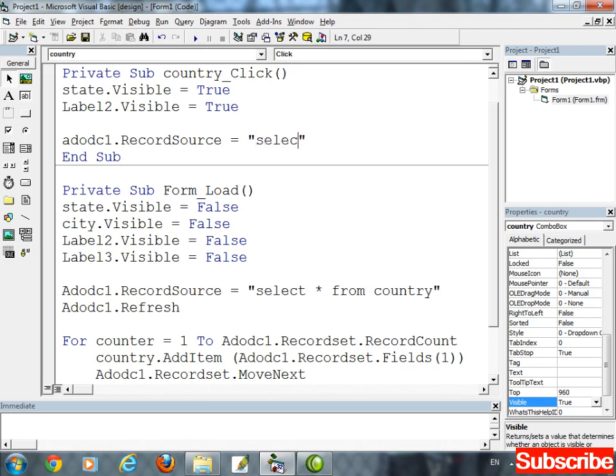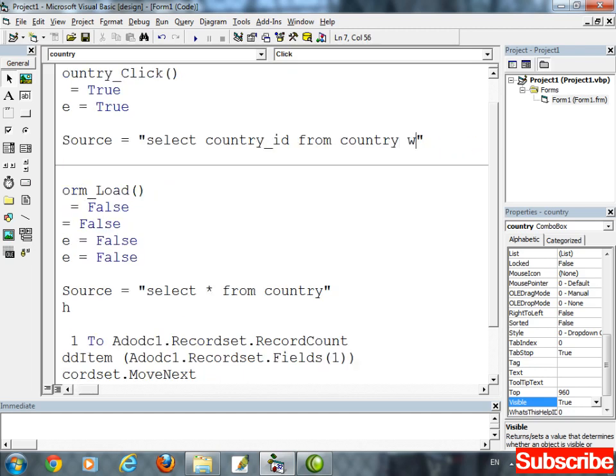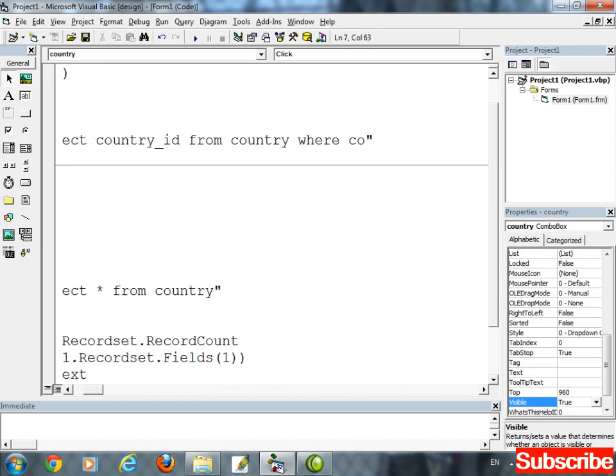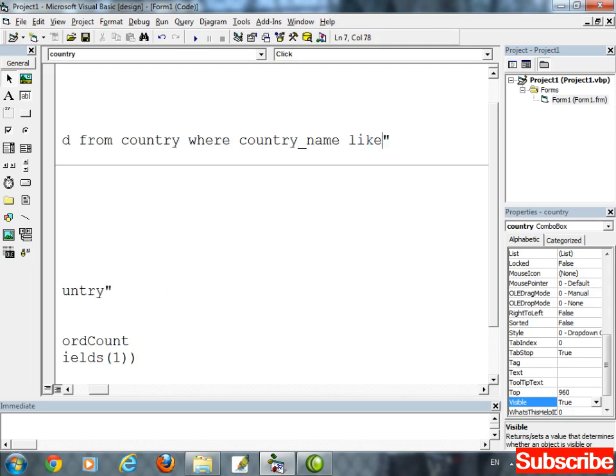So write select country underscore ID from country table, where country underscore name like what?